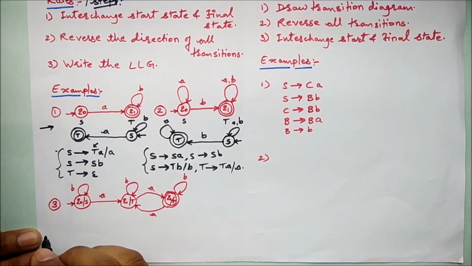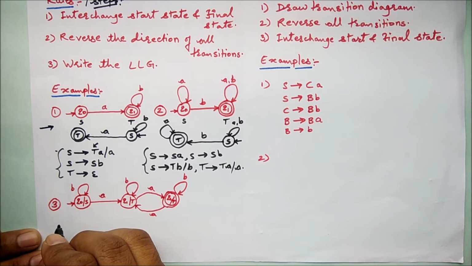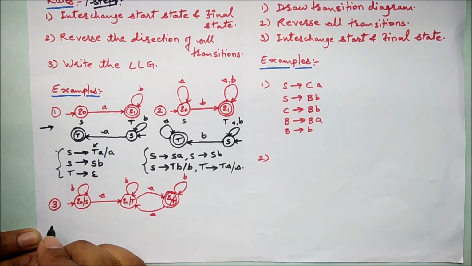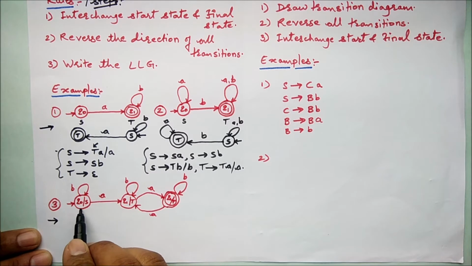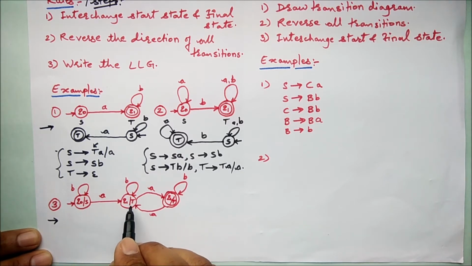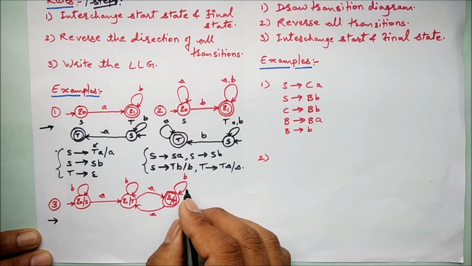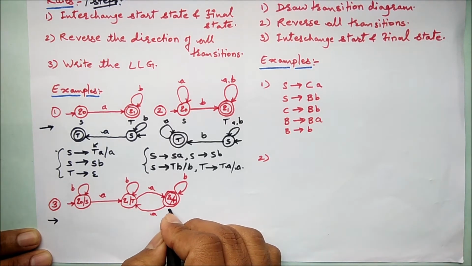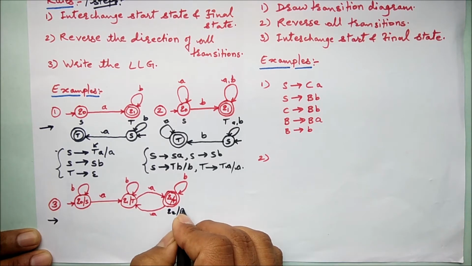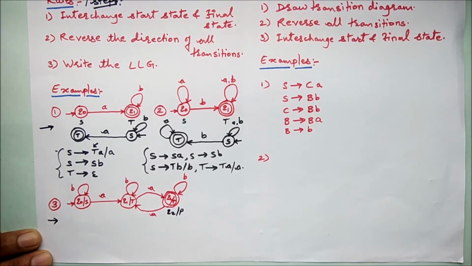So this is a given finite automata to us, and now let's follow the first step, my dear friends. They have already given the assumptions, right? Like Q0 is to be called S, Q1 is to be called T, and Q2 is to be called P. So I hope you people can see this, it is Q2 P, right?